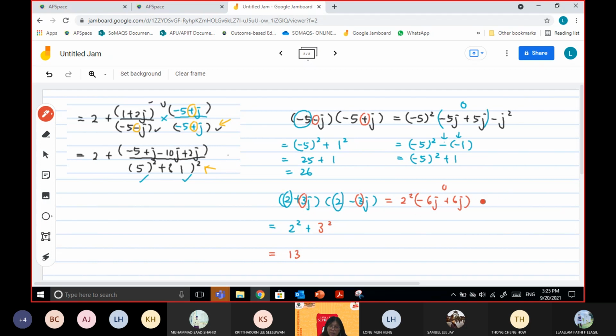Okay. Then last part will be minus 3 square, then j square. So you have 4, then 0, then minus j squared will give you minus 1. So can you see the minus 1 and the minus will always give you a plus. That's why we always can write it as this one as a 2 square. Then this one as a 3 square.